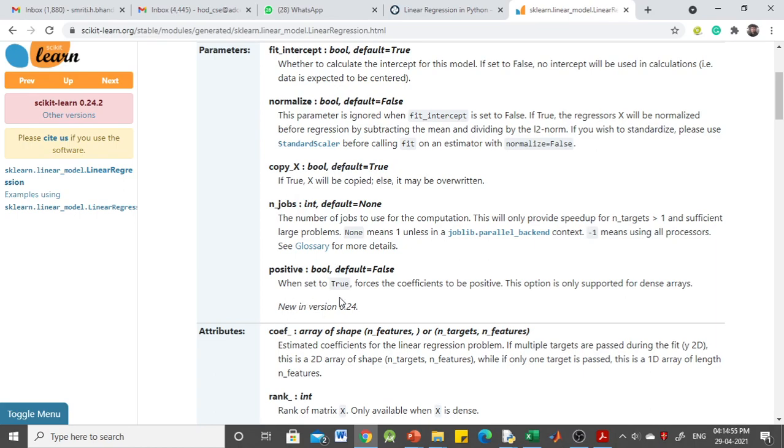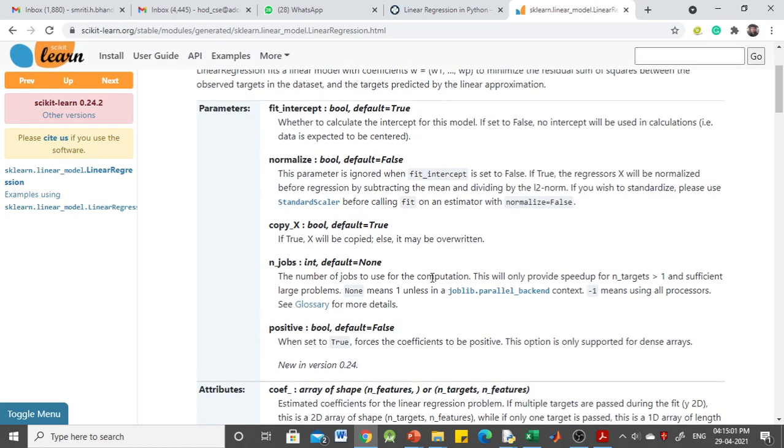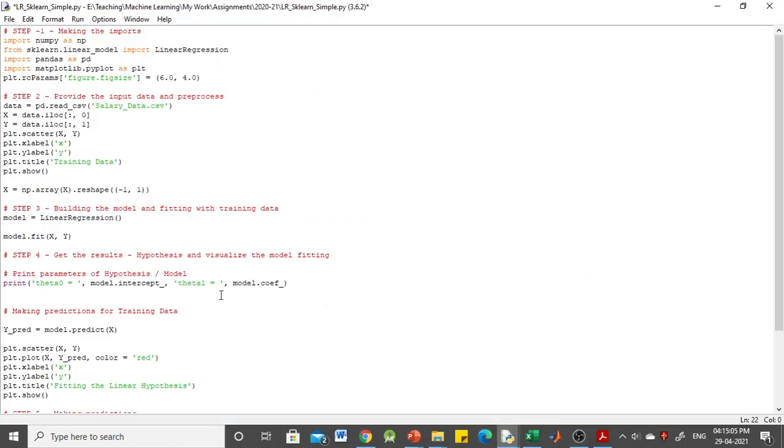When it is set to true, it forces the coefficients to be positive. So these are the various parameters that we may use. As I stated, we are making use of the default parameters and simply calling LinearRegression, creating this instance of the class.